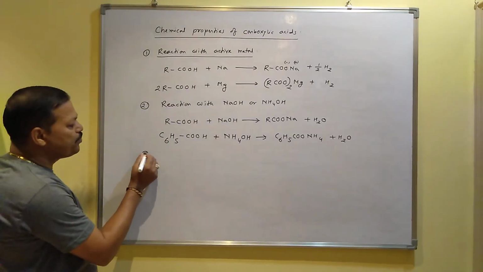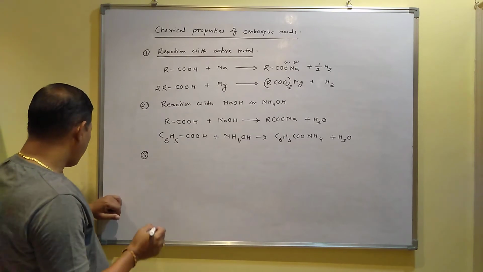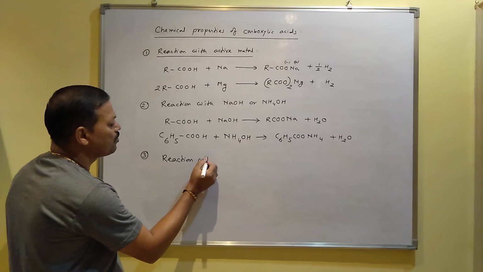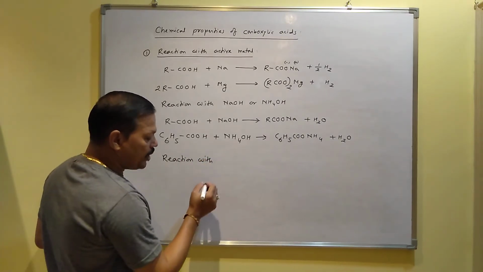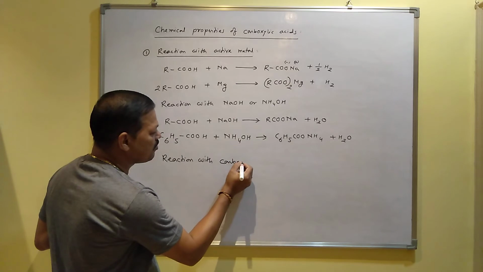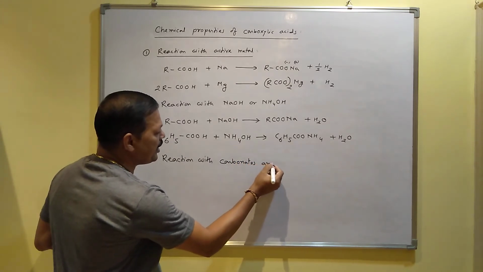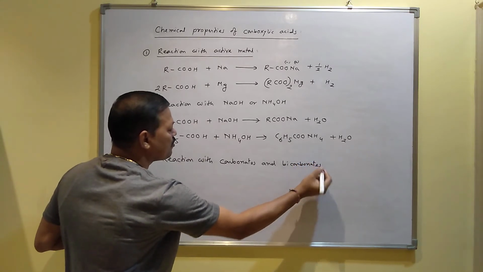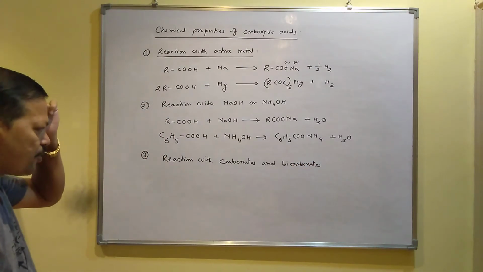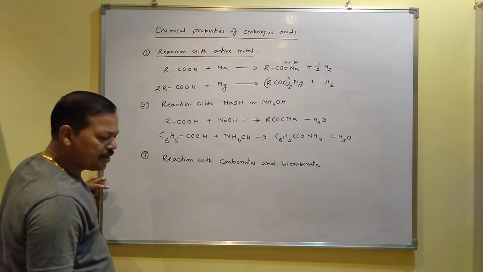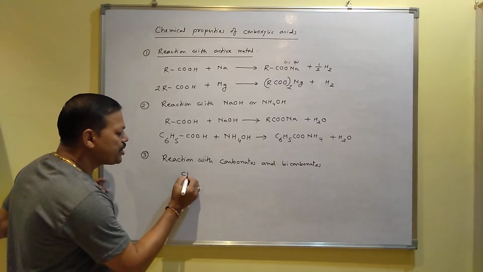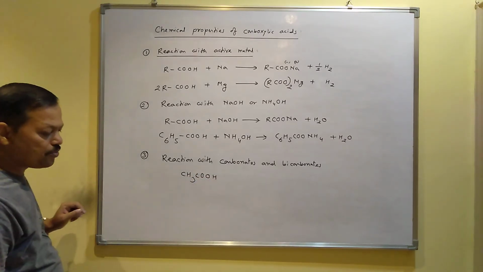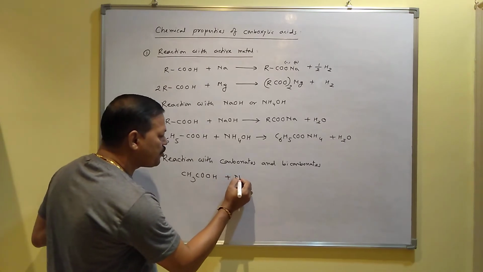Number 3 reaction, this is important. Reaction with sodium carbonate or carbonates and bicarbonates. Reaction with carbonates and bicarbonates. This reaction is important. If you consider acetic acid, suppose this is your carboxylic acid, any carboxylic acid you can use for this reaction. When it reacts with sodium carbonate,